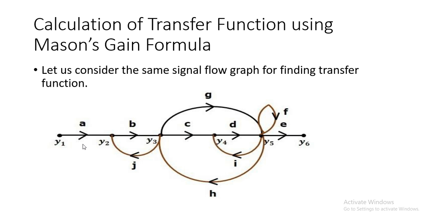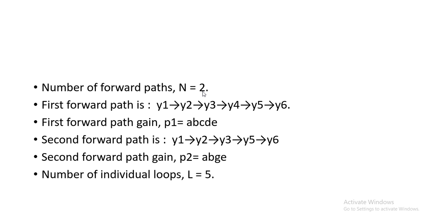You can see carefully, there are only two paths. So what do you mean by path? That we have also seen. We can say the tracing between input towards the output is nothing but a path. Okay, so this path we have seen. Another path is like this one. If you try to observe a third path, there is no third path. These are the only two ways that we can trace. Okay, so that's why there are only two forward paths. This is the first one, this is the second one. And the gain of these two forward paths we have taken.